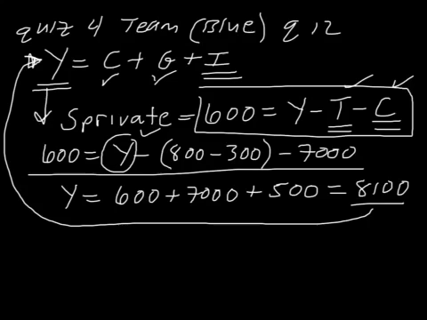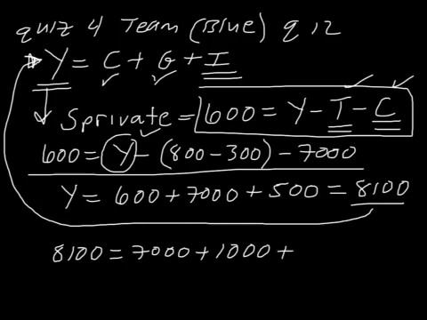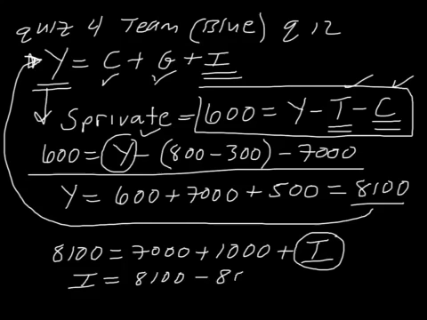So if I do that, I'm going to get 8,100 is equal to consumption, which is 7,000, plus government spending, which is 1,000, plus investment. And it's the investment that I'm after here. So now I know how to solve that. Isolate investment. Investment's going to be equal to 8,100 minus 8,000, and that gives me investment equals 100. And that goes into the blank as it's not a multiple